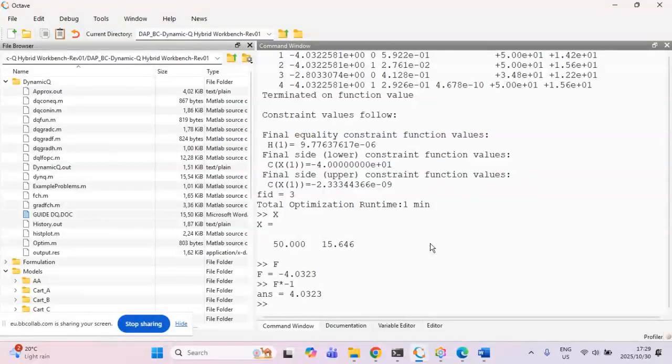Alright, so that is the results that we now obtained specifically from the dynamic Q optimizer. But now we need to go and do some post-processing as well. We'd like to look at what the graphs tell us about the kinematics of the system as well. So to do this,